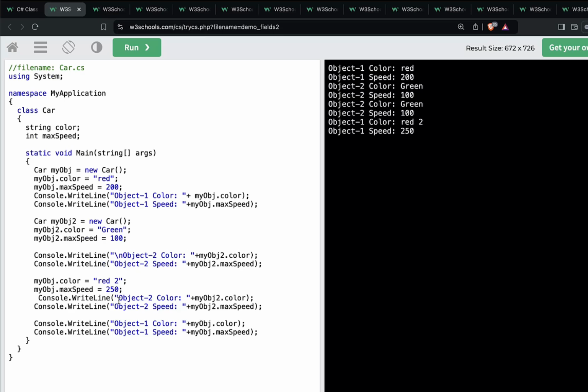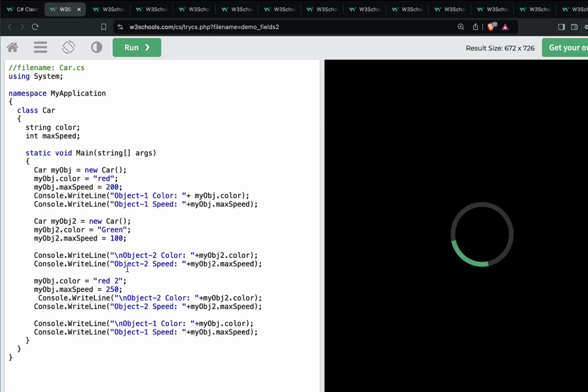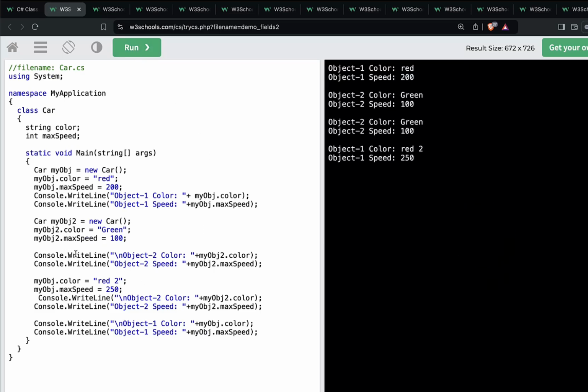Remember we talked about this. This is a wonderful thing. \n, and then if you come here, \n. So using \n, it will add a new line. Without using WriteLine again and again, I can add a new line to make my output more readable and understandable. So object 1 is red 20, object 2 is green, and object 1 now becomes red